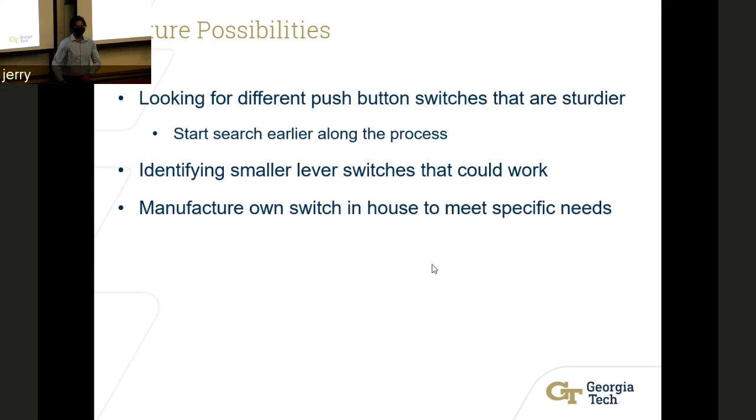So instead of trying to make a rapid search to find a push button switch that worked and make adjustments to those push button switches, we just decided to stick with what we had, that we knew where the faults were, and make adjustments to our procedure instead of the design itself. Another thing we could do is potentially try to find any smaller lever switches that could work. Now that we have a solid understanding of the issues of fitting these lever switches into our design, we could now have a better understanding of what the requirements are for lever switches in our CAD model